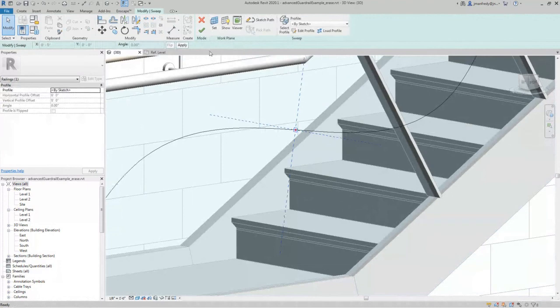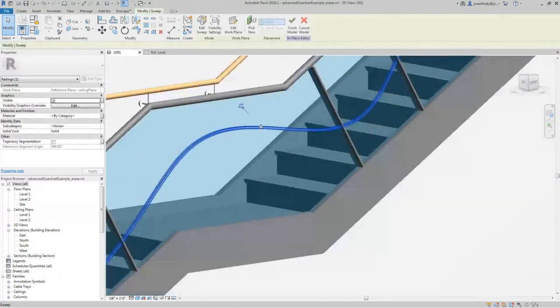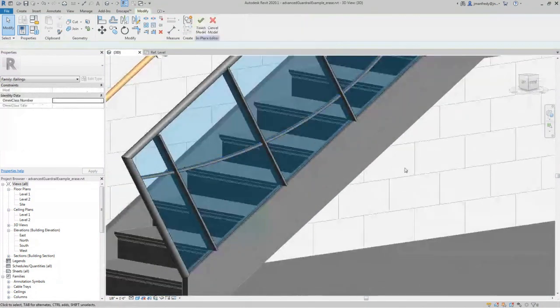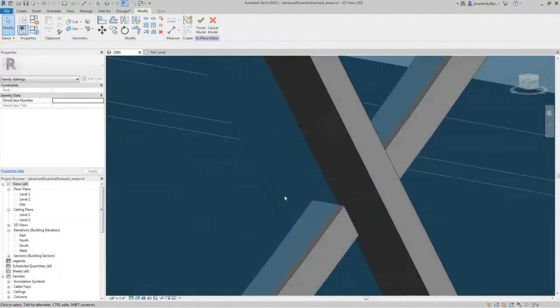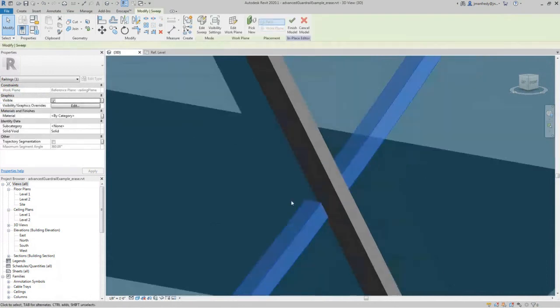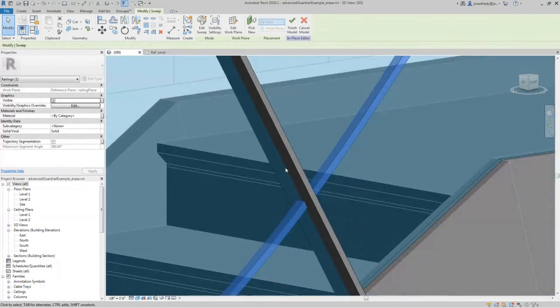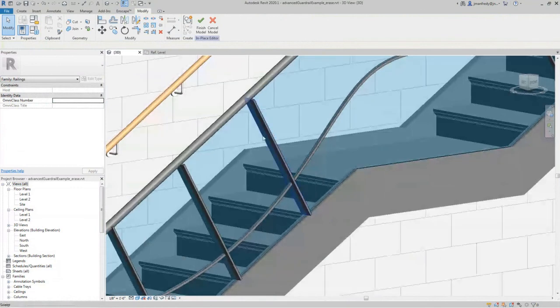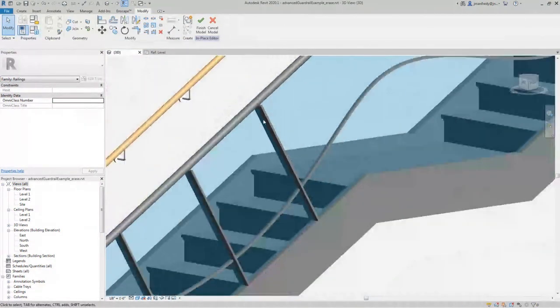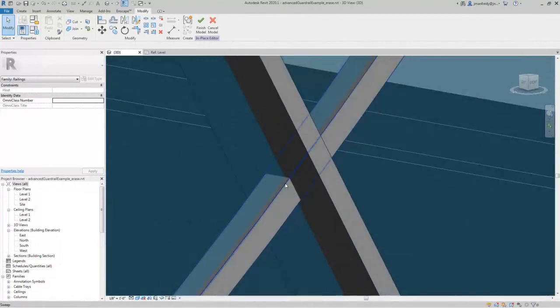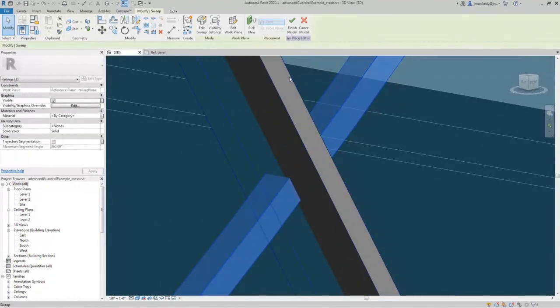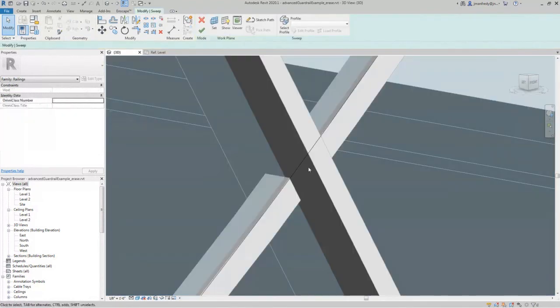When I accept it here, I've accepted the profile, and then here I've got to accept the sweep. So now it puts it in right there. And you see it's going right through the model in the location where I drew that sweep. And the glass is, I forget, I made it like a quarter inch thick or something. So you can manipulate this shape and move out this piece if you want it to stick out further and change its design, right? Edit the sweep,